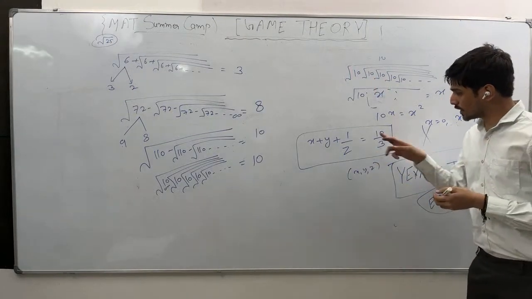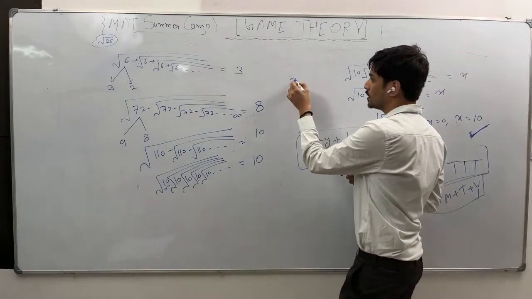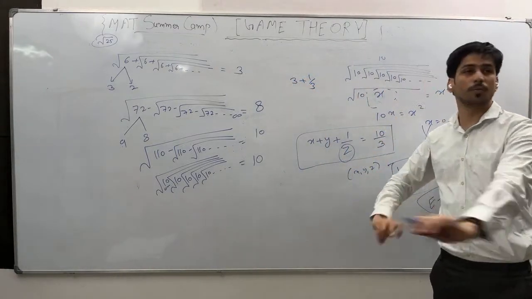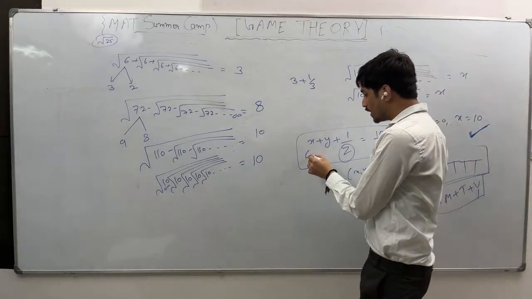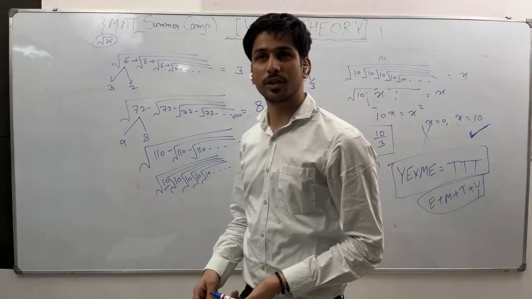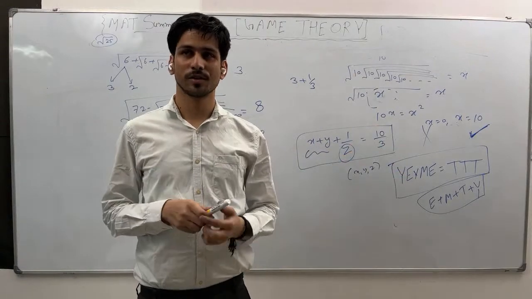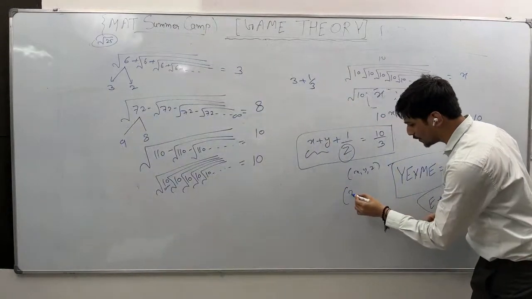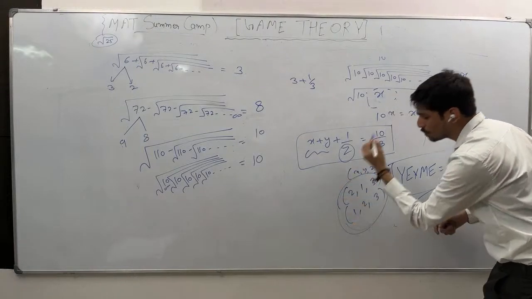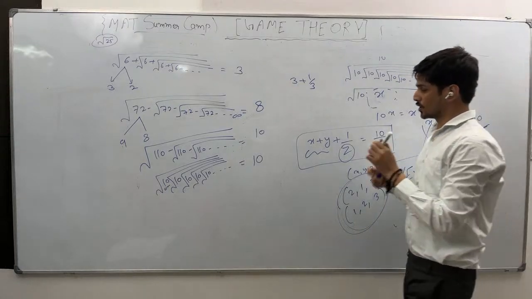You see what will you do? You know 10 by 3, how can you break it? 3 plus 1 by 3. Definitely only one option is there. So now you see z has to be 3. No option is left. Then here you have some options. 0 can't be taken as it is a natural number. What I said, natural numbers, right? So one condition is this one and one condition is this one. So there are only two triplets. Clear? Okay.